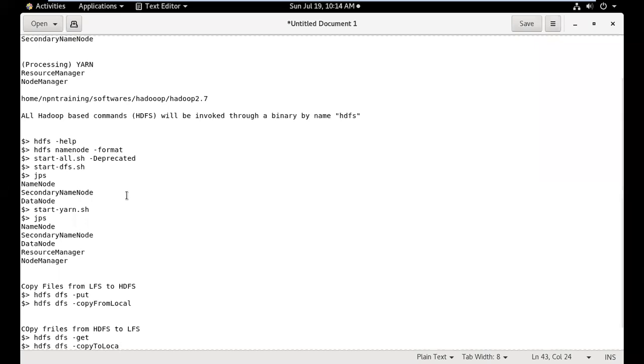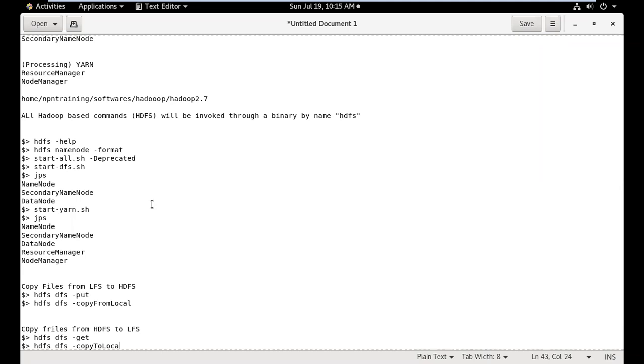Yeah, Santosh, go ahead. Naveen, what if I want to copy a file from a shared drive or shared directory? If you have the permission and you're able to access it, you will be able to copy. For example, if I want to copy from a network file system, you should be able to copy. As long as you are able to access it from the terminal, you should be able to copy. Okay.